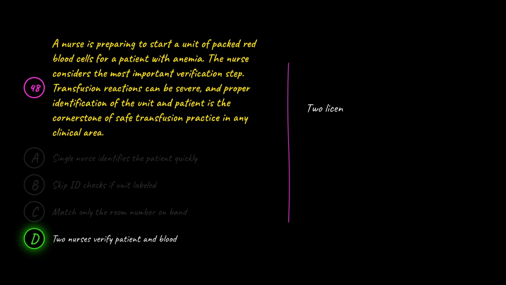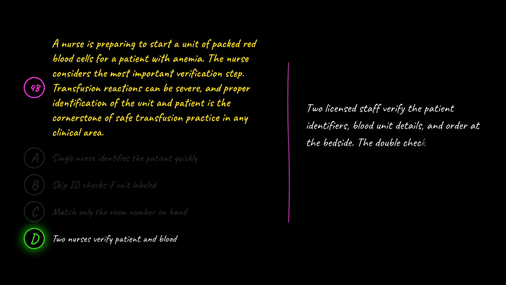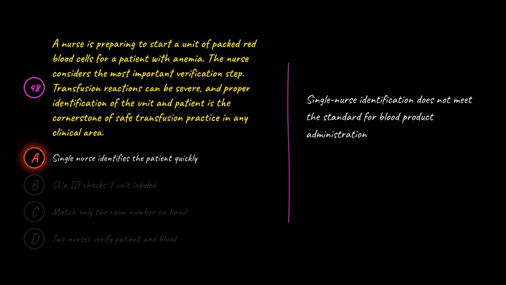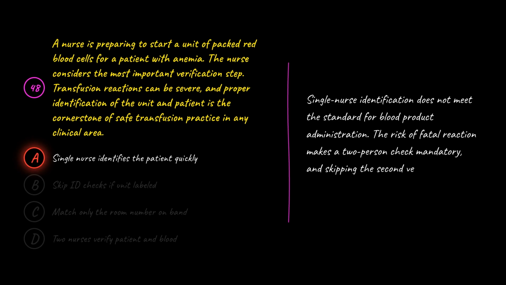D is correct because two licensed staff verify the patient identifiers, blood unit details, and order at the bedside. The double check is required because a wrong blood product event can cause fatal hemolytic transfusion reaction in the recipient. A is wrong because single nurse identification does not meet the standard for blood product administration. The risk of fatal reaction makes a two-person check mandatory, and skipping the second verification has caused many serious adverse